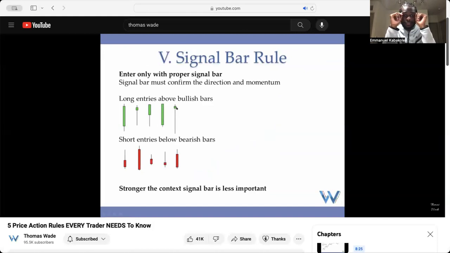You never want to sell below these bars and you never want to buy above these bars. You need to combine the high probability setup rule with the signal bar rule so you can maximize